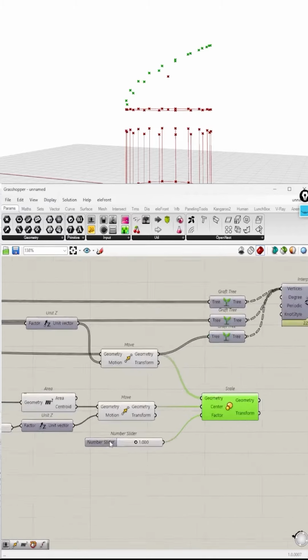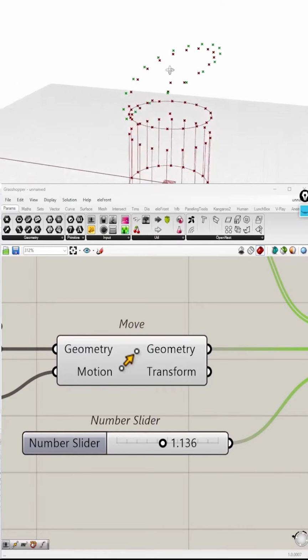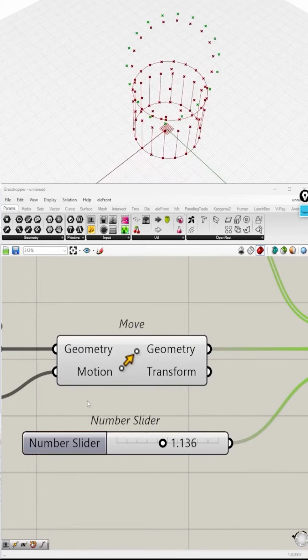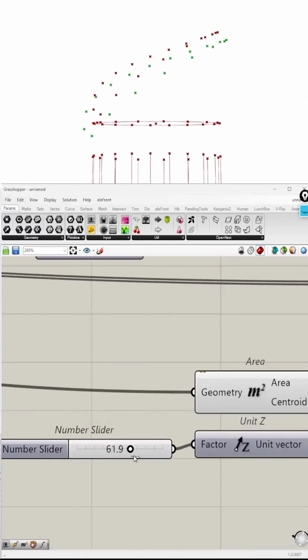So when you scale it by 1, it stays the same. When you scale it by more than 1, it scales from this point. And that's why we have the ability to move that point up and down, because if you move it up, it scales down. If